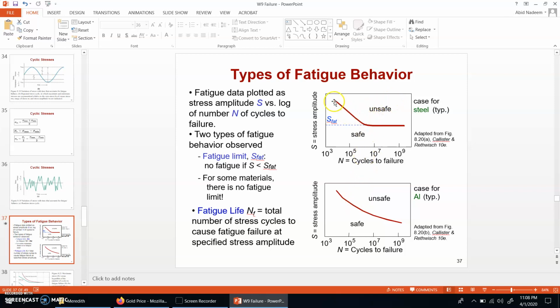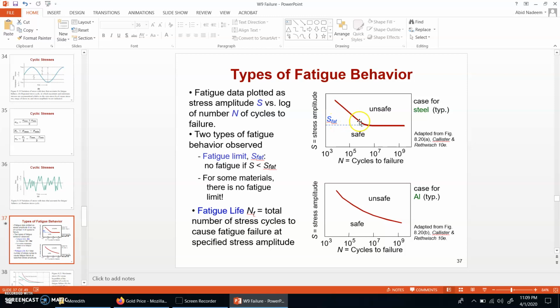So in this first graph, as you can see, the graph is between the stress amplitude and the number of cycles to failure. So for example, if I take some value over here and then draw a horizontal line up to this, the corresponding number of cycles to failure will show. So if I have this stress value, maybe 200 megapascal, at 200 megapascal it may fail at around 10 to the power 5 cycles. So as you can see, if this stress amplitude is decreased,